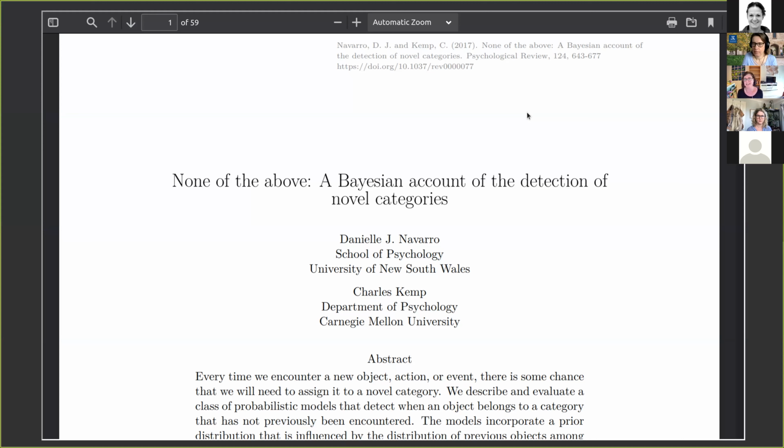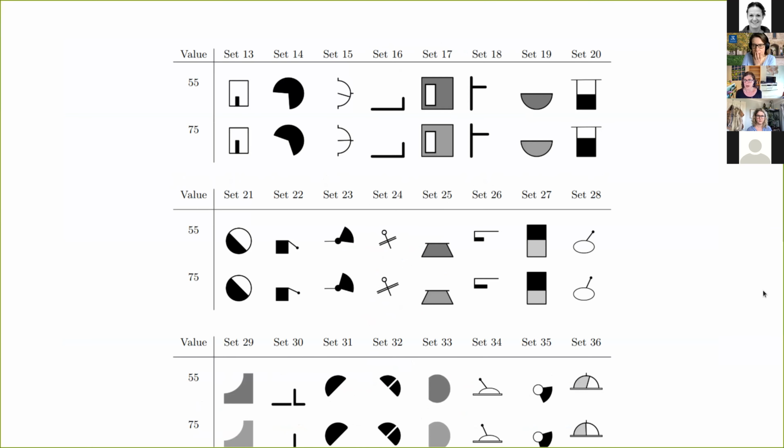I'd write a Bayesian account of the detection of novel categories. And this is partly me showing off, look, yes, I do know how to do Bayesian non-parametrics and things like that. But really, the interesting aspect to this is what I can learn about the human mind. So I present people with lots of weird looking stimuli that I've carefully crafted so that people's judgments about them would give me some hints as to what underlying classifier is being used for humans to make their decisions, right? So some psychological models look like linear discriminant classifiers, others look like kernel density things. There's lots of different accounts out there.